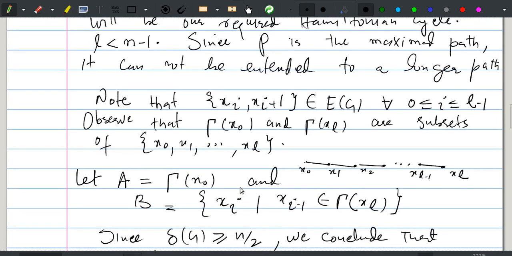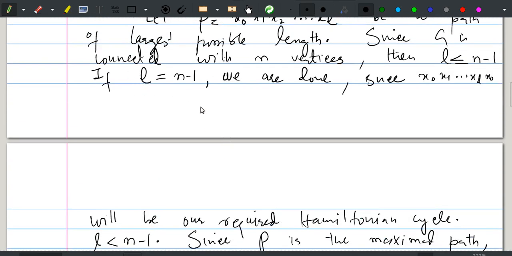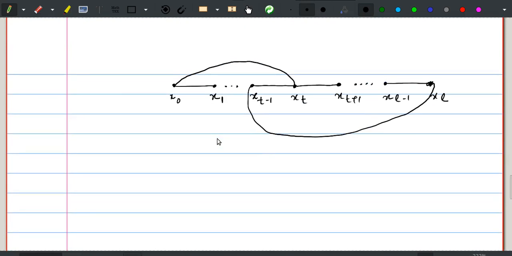We have eliminated the case L equal to n minus 1, because if L is equal to n minus 1, we are done in that case. Now we have assumed that L is less than n minus 1. If it is so, since L is less than n minus 1, then there is at least one vertex, say V in VG,